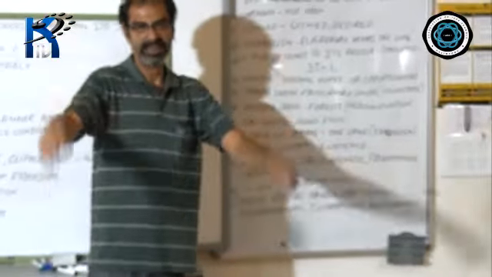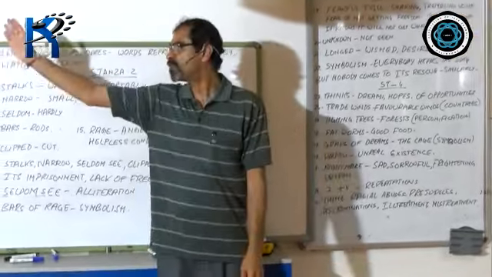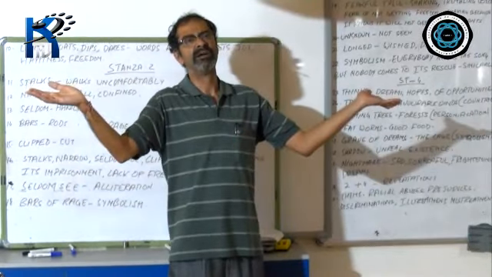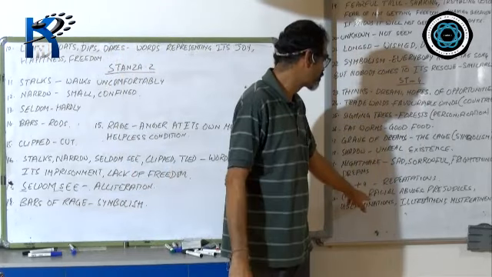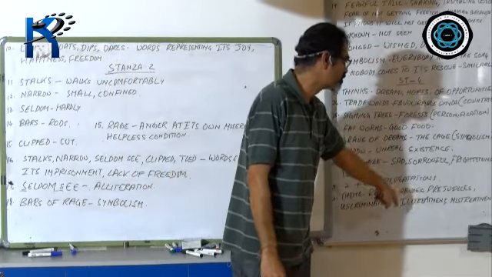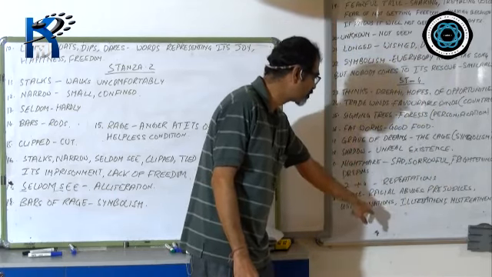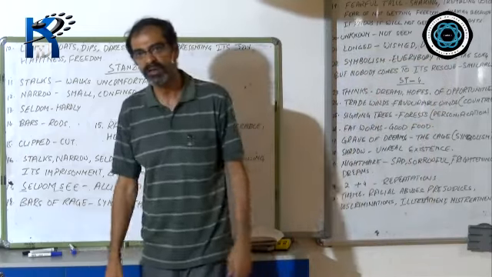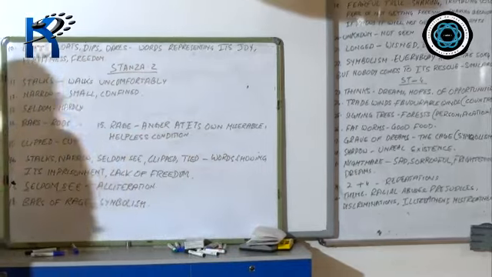And finally, we come to the theme of the poem. From whatever we have done, it is very clear what the theme of the poem is. The theme is racial abuses, racial prejudices, racial discriminations, the ill treatment and the mistreatment given to the black people for centuries by the whites.